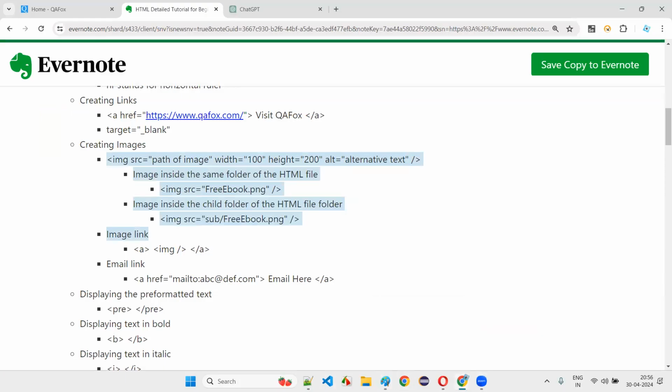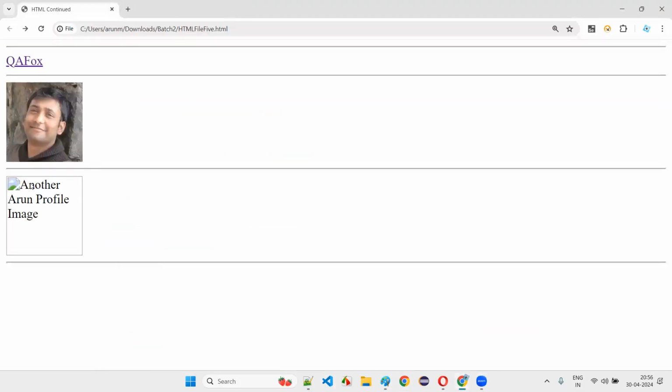That's the benefit, whatever you have seen on the page. If the image doesn't come, the alternative text comes, and it will make us understand that some image is expected here, that is, another Arun profile image, but that image is not coming because of some network issues or something. That is the advantage.